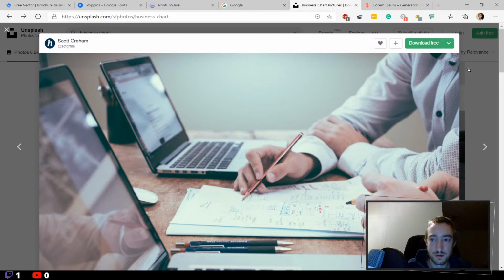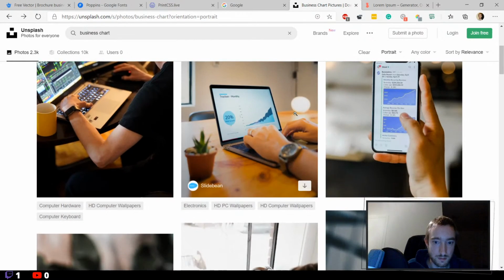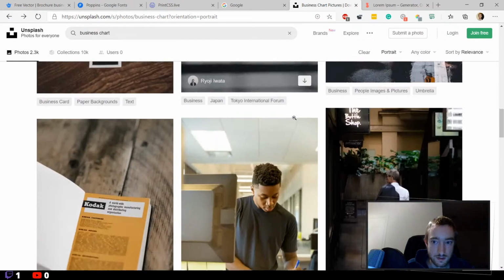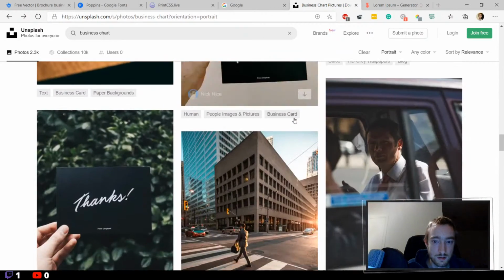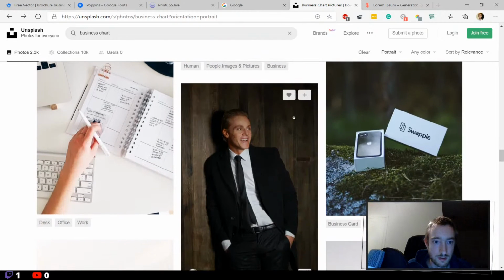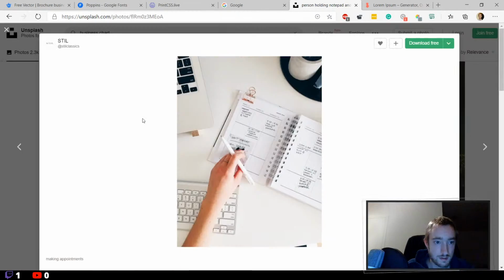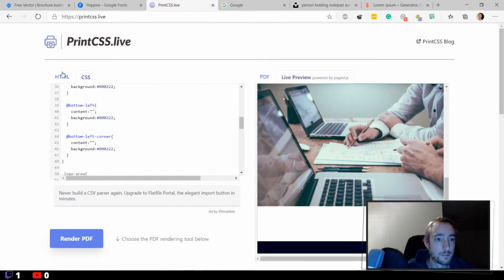So let's close this image and search for portrait mode. So portrait mode apparently are worse images, but this one looks good for our purpose. So let's copy the link